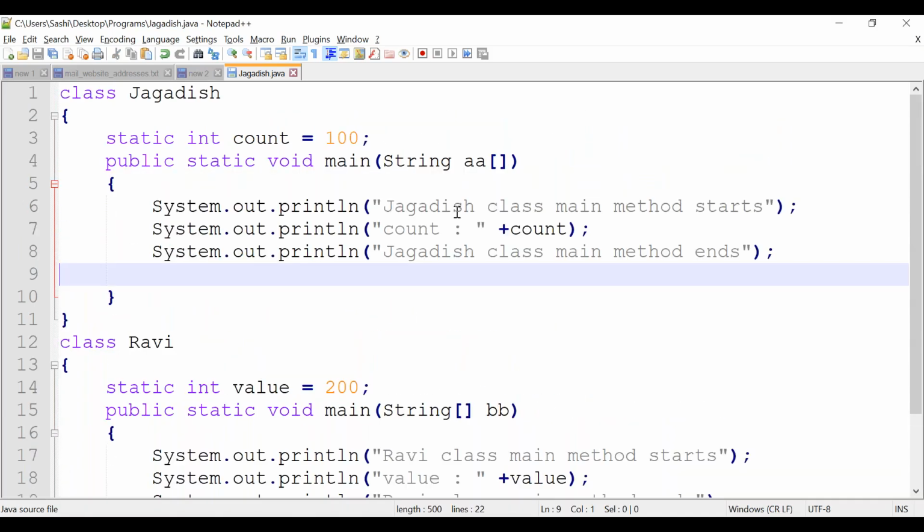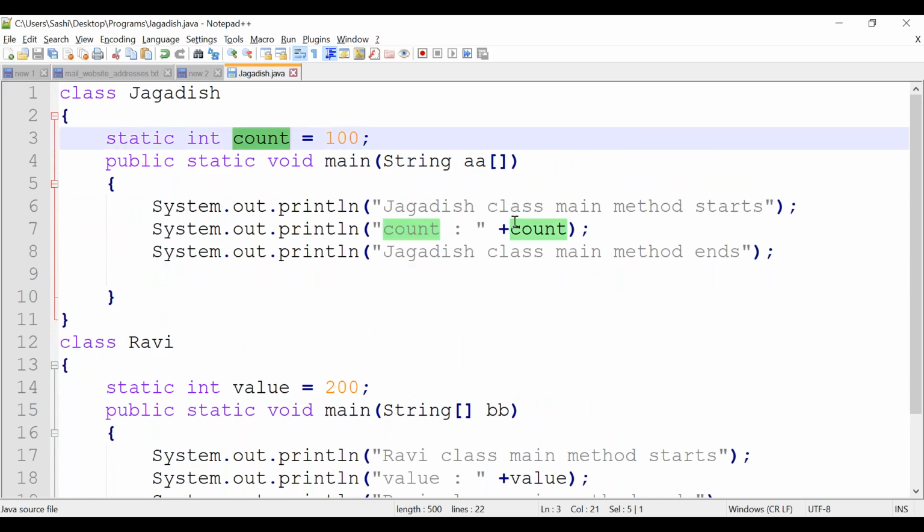This is very simple. What am I trying to do here? I have declared some variable inside both the classes. The same class variable I am trying to use inside the same class method. Correct?